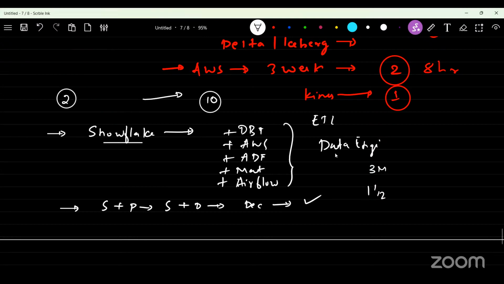Slowly, we'll build our resume so that we get more and more calls. Because if you have a 3 months notice period, we won't get many calls. As soon as you have 1 month of notice period, you'll be bombarded with calls. At that time, this will be a big advantage. Since you have Python, Airflow, and AWS, you'll get more opportunities and the salary package will increase. That's how the course will be.